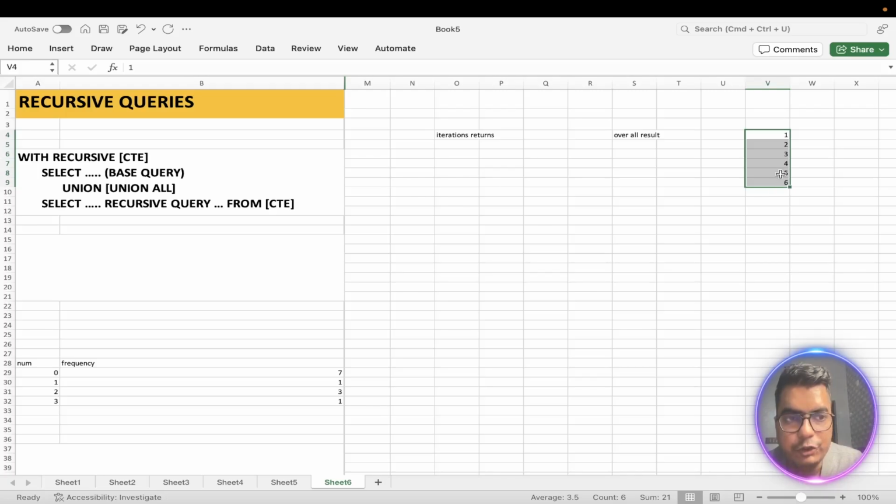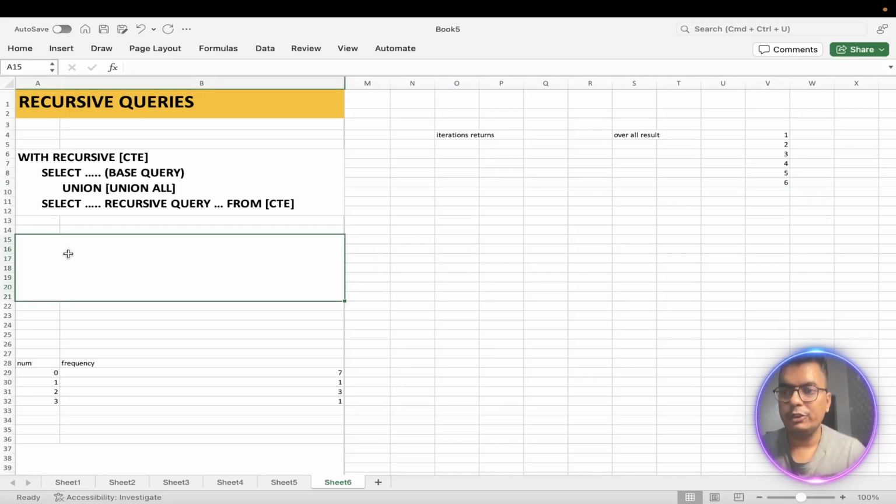What I am trying to do now is print in a table the numbers from 1 to 6, each in a separate row. This can only be achieved with the help of recursive queries. This is very equivalent to a loop condition in any programming language, but of course in a declarative way. So if I have to print 1 to 6, how am I going to do it? With a recursive